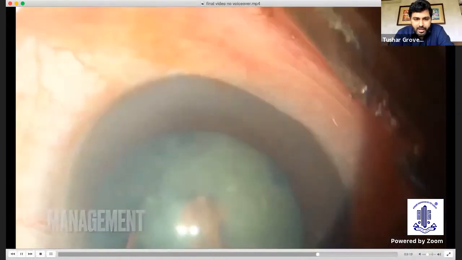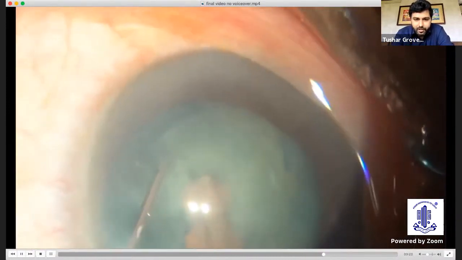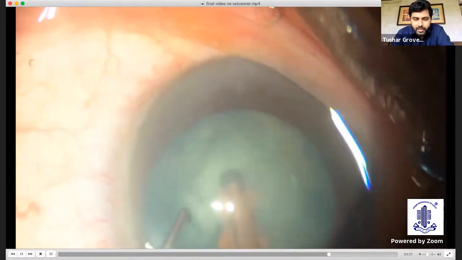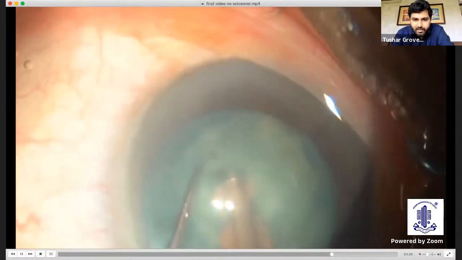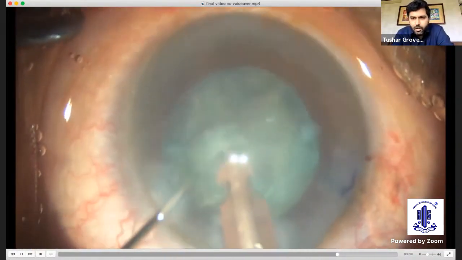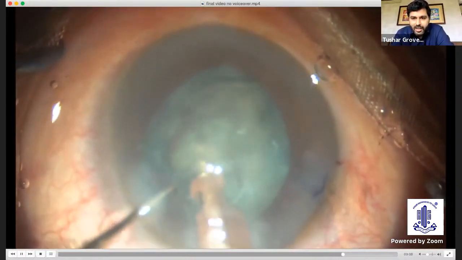So here I decided to do extremely gentle chops, slightly peripheral and small chops, because I don't want any pressure to be exerted at the area of the capsular tears. And you can see that there are these flaps which are everted, they're mobile, they're fluttering. So all of these are signs that the capsular tears have not gone posteriorly, at least as of now.